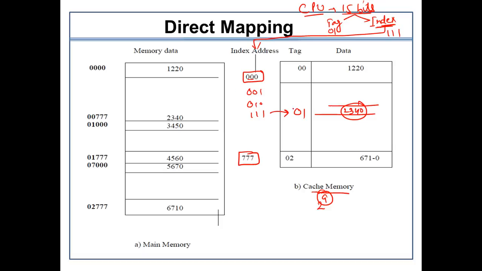If for any reason this data is not available in the cache memory, then the same tag and address field will be taken and used here by this index register. It would be 5-bit data actually. It will be used in the main memory and we will look for the exact data stored in the main memory. So this is how the direct mapping procedure takes place.